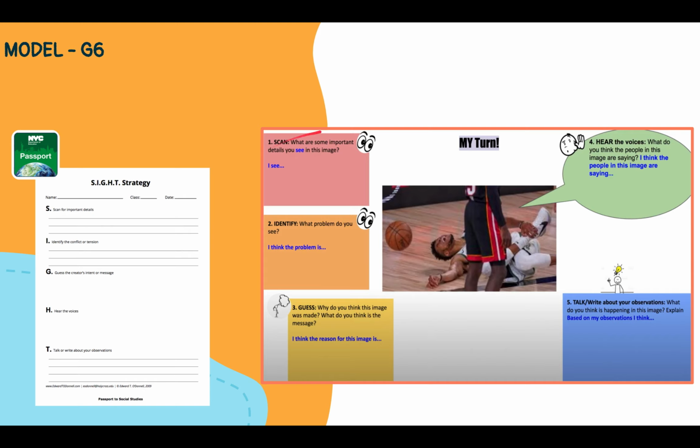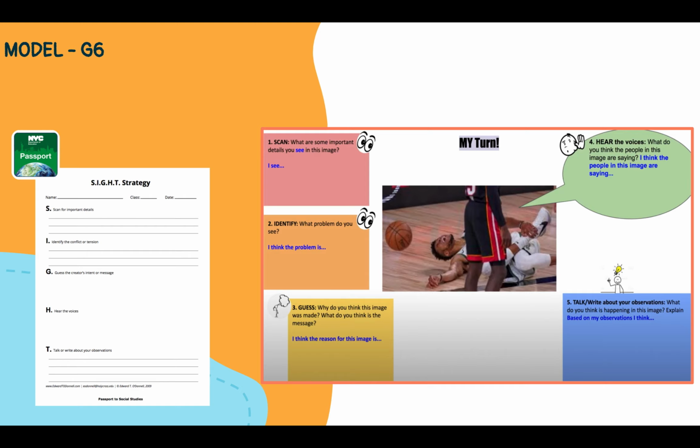So here we see a model of what the screen might look like if your students are using a computer in order to observe the image. I like to center the image in the middle and then take it step by step. While I do this, I also like to implement the I do, we do, you do